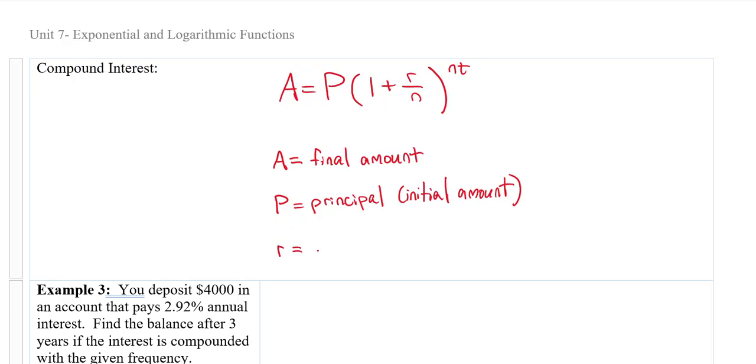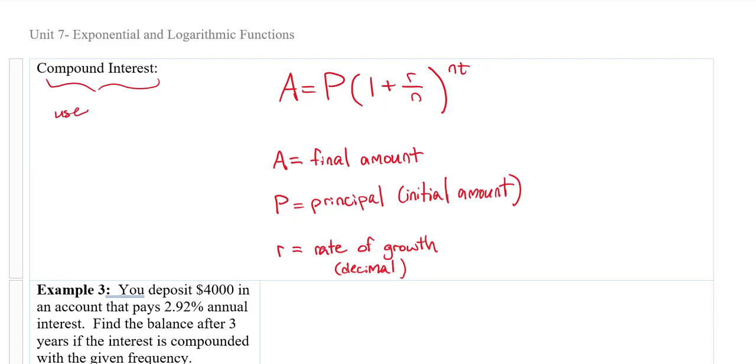R is your rate of growth, and we write it as a decimal. Now, with compound interest, our R will only be growing because this formula